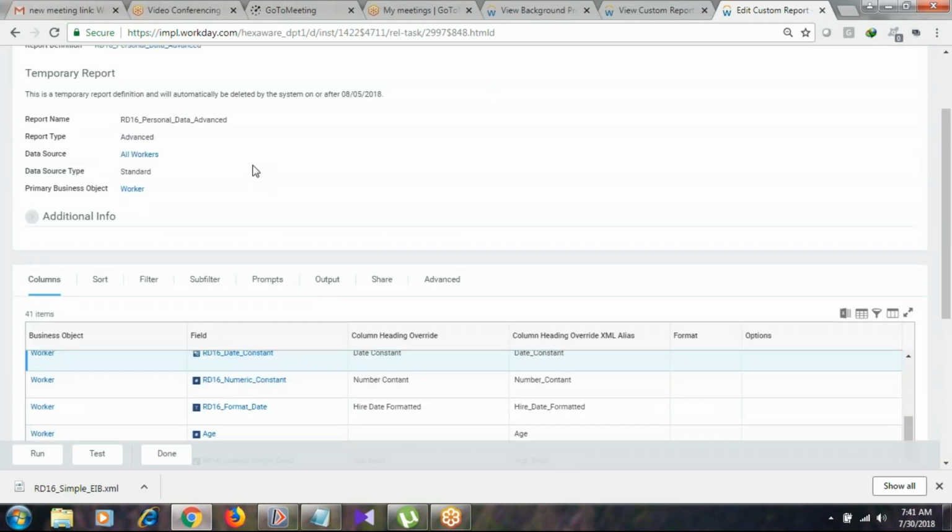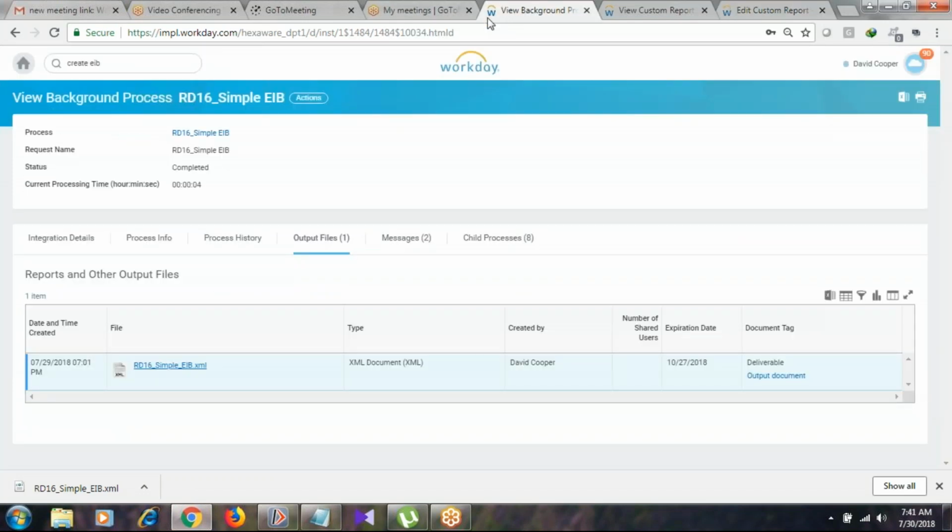Okay. So we can download this file for 30 days here. When the document retention policy is 30 days, this file will be in blue color with a hyperlink for up to 30 days. After that it will be grayed out. We cannot click to download this file. Since it is an implementation tenant and sandbox, we chose the delivery method as Workday attachment. The output file will be attached in the integration here in the output file step.